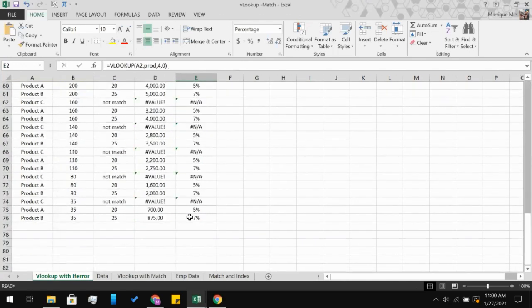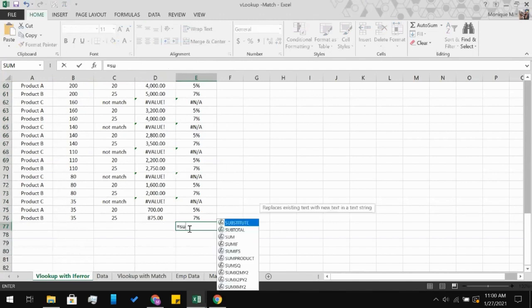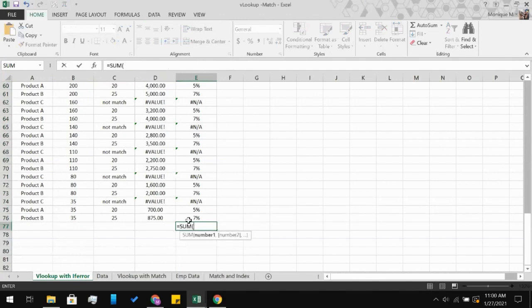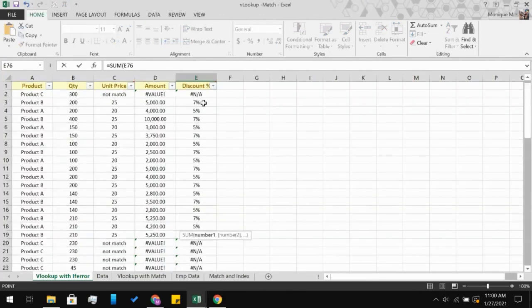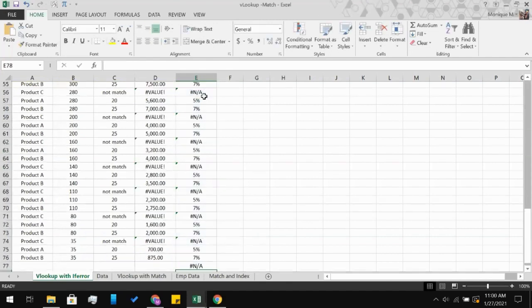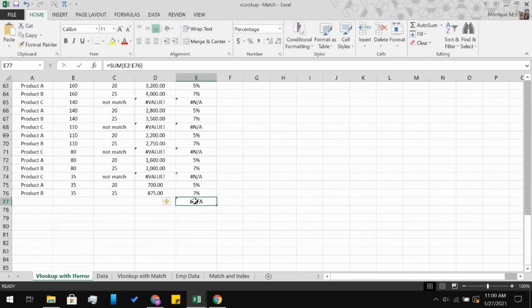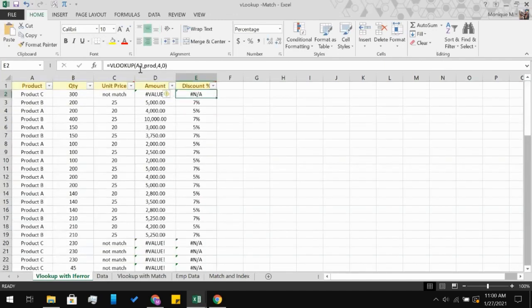Apply the sum formula over here. You'll see the error in the formula as well. It's not adding up the values because it has an error. Now rectify with IFERROR and put 0